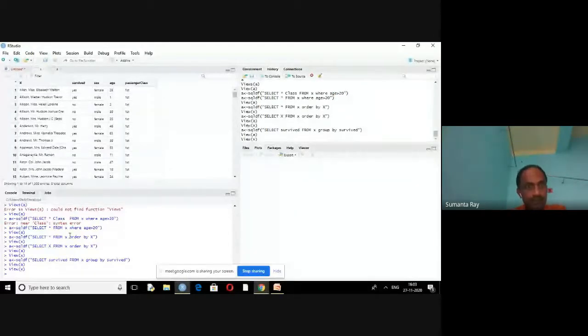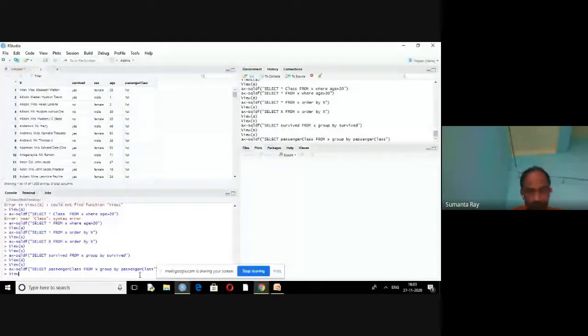If you want to check passenger class, select class from X group by class.